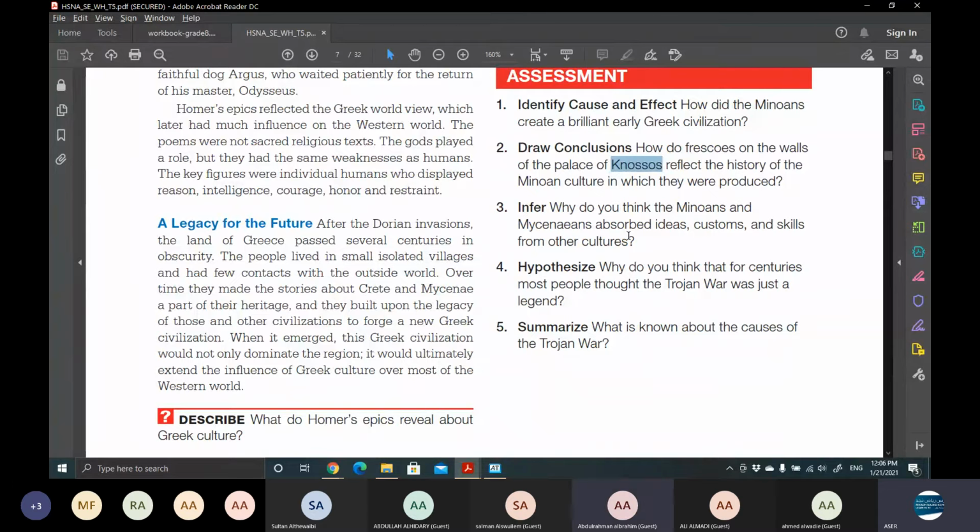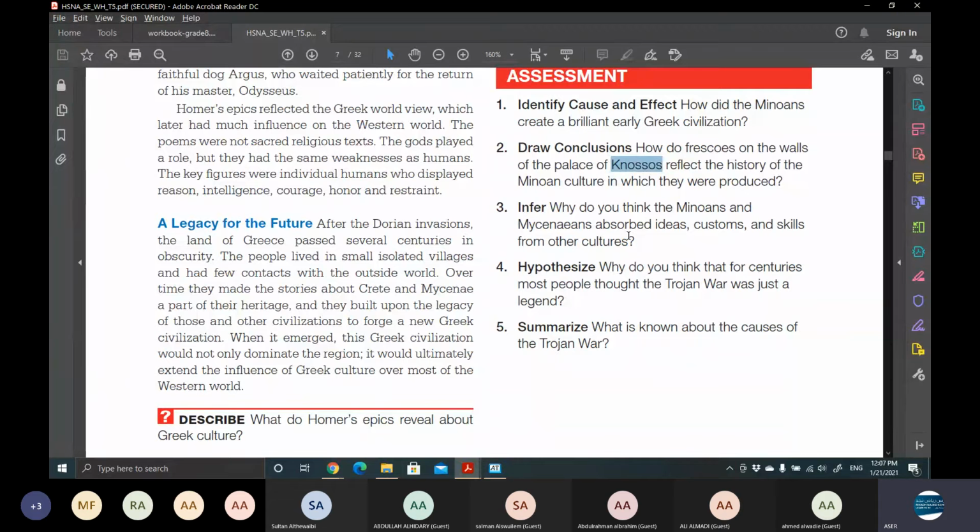And they had contact with other people. So simply, if you have contact with someone who's very smart, you will think, why don't I become smart like him, right? So they traded with the Egyptian people and the Mesopotamians. So why not be like them? They have an excellent way of life. They have some technology. So let's just become like them. That's why they absorbed their ideas in order to evolve and develop.